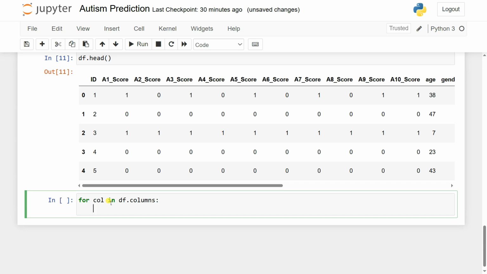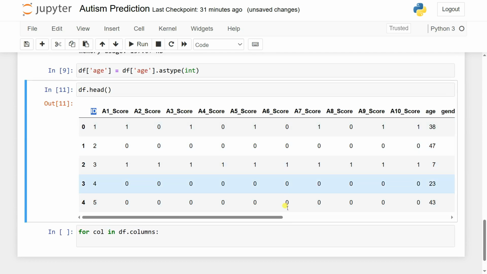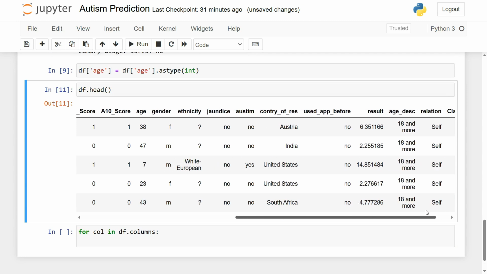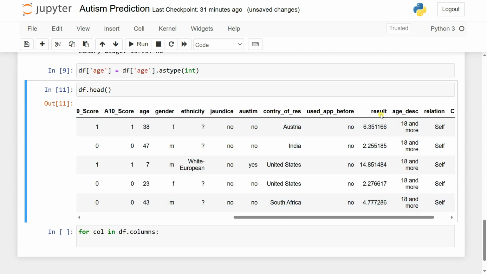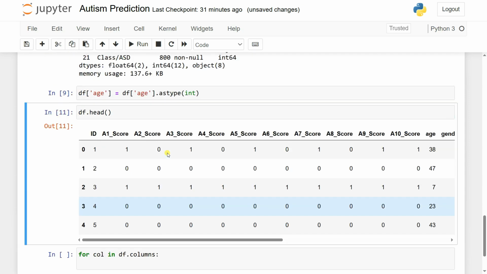So in here, what I can do is simply take the numerical columns. The numerical columns are nothing but the ID, the age, and the result. Result can also be numerical; you can see result is also numerical. So what I can do is go through all of them